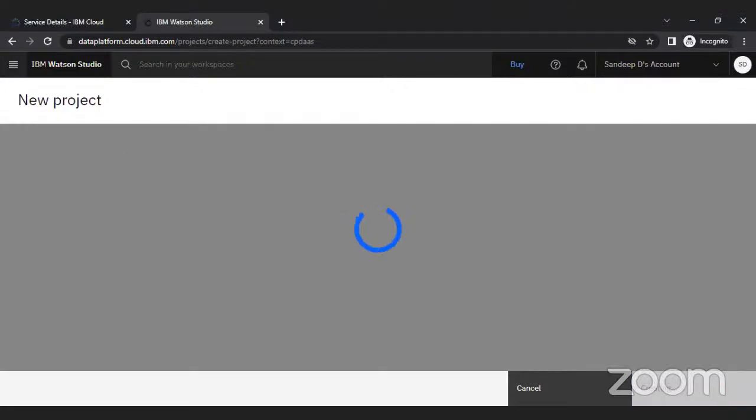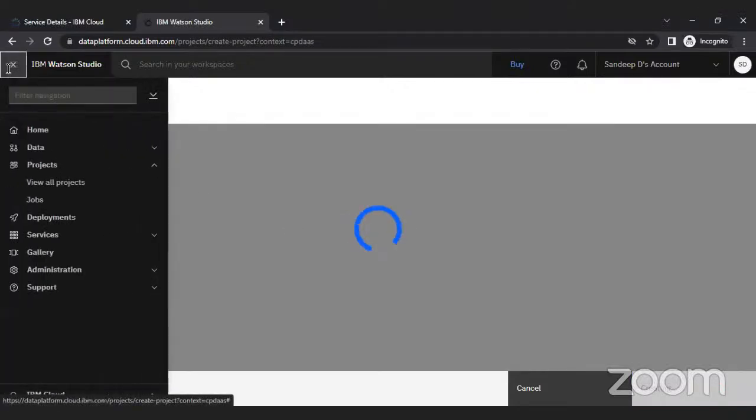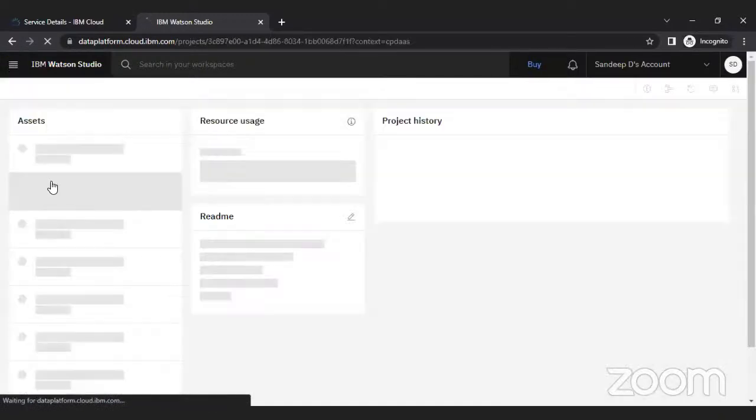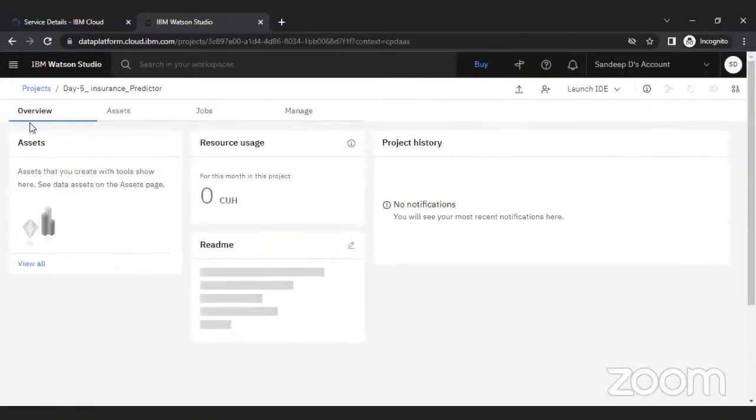You have to go to this main navigation bar. From here, you have to go to project. Under the project,